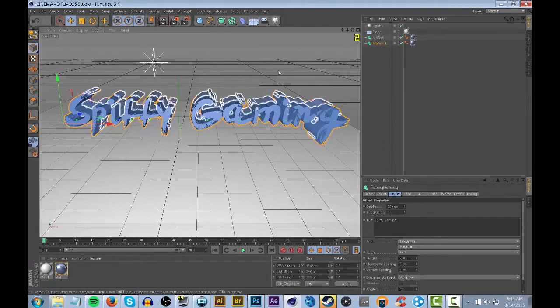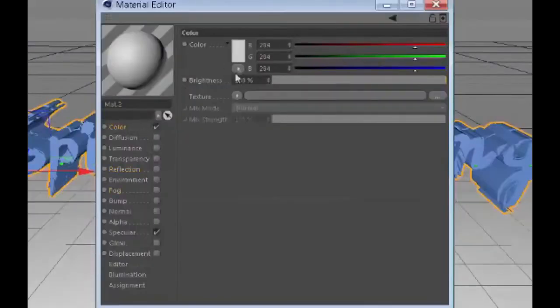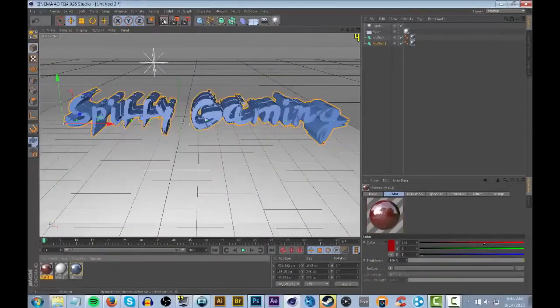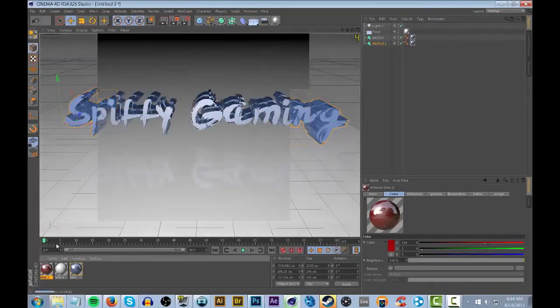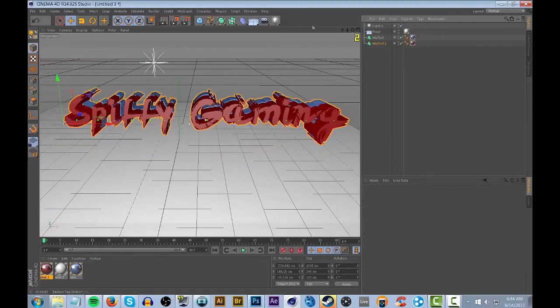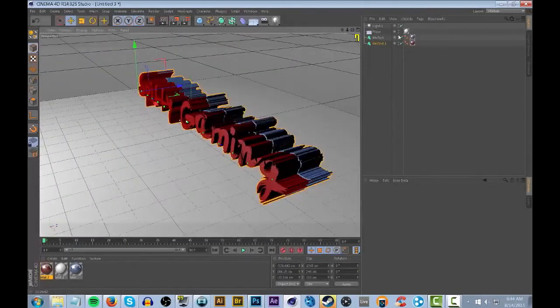So a lot of you guys are probably like, what is he doing? So I'm gonna show you guys. We're gonna create a new texture here and go to color and make it red, I guess. Why not, right? And reflection at 70. Sure. So now it still looks the same, but let's drag this texture in and delete that other one. So as you can see, now we have red and blue sort of inside the text, which